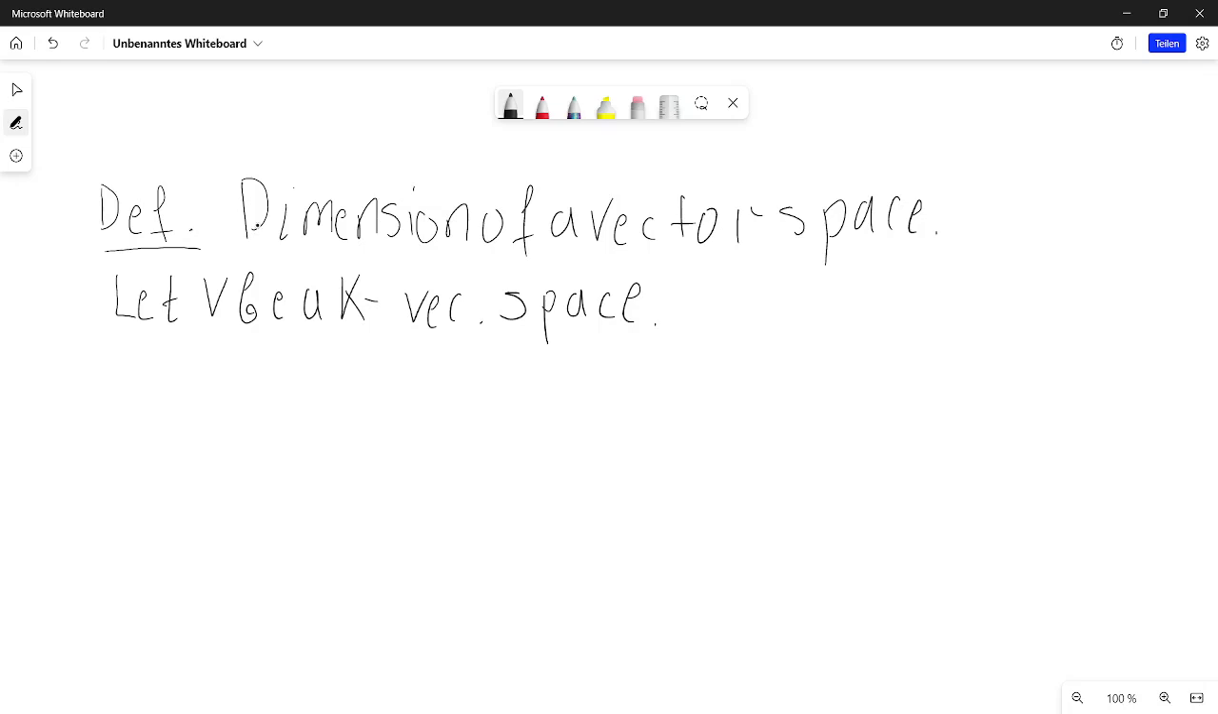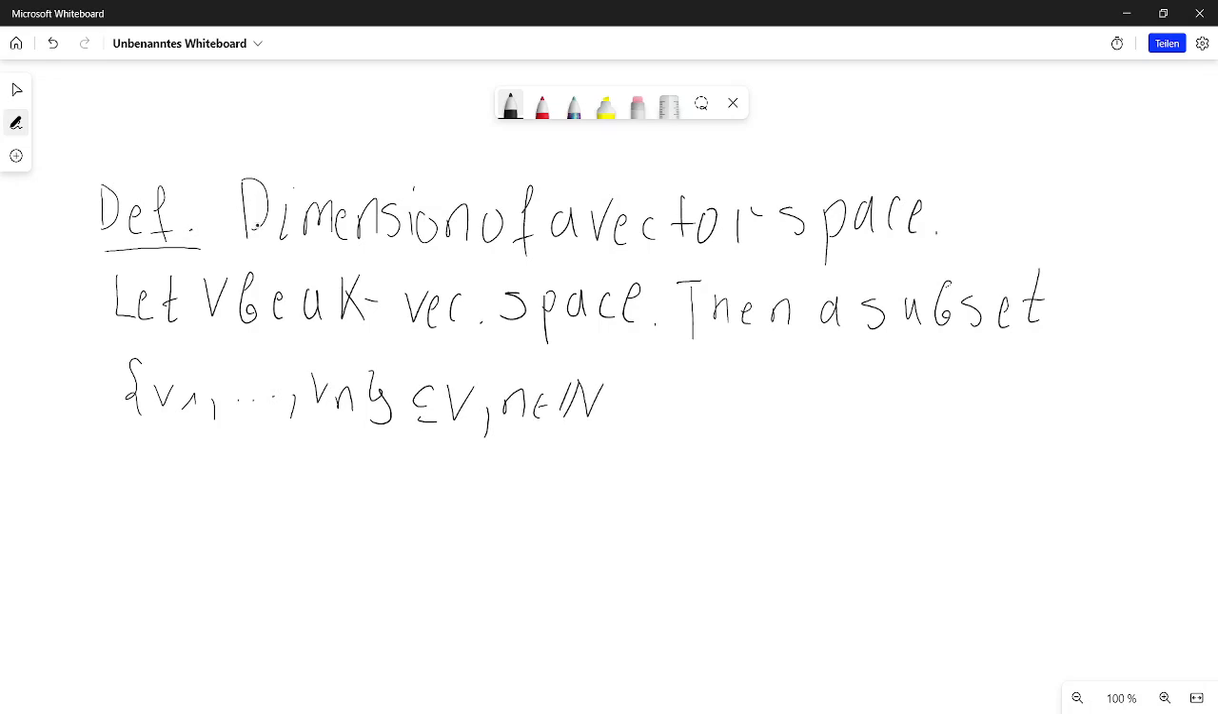Let V be a k-vector space, then a subset e_1 to e_n, a subset of V, with n fixed, of course, a natural number, is called a basis of V if